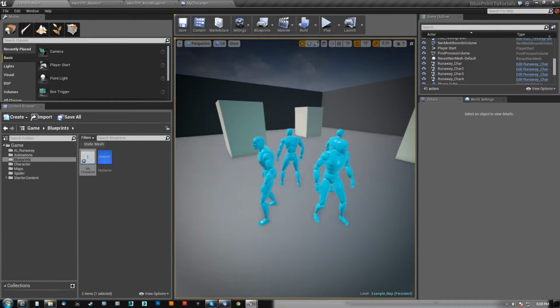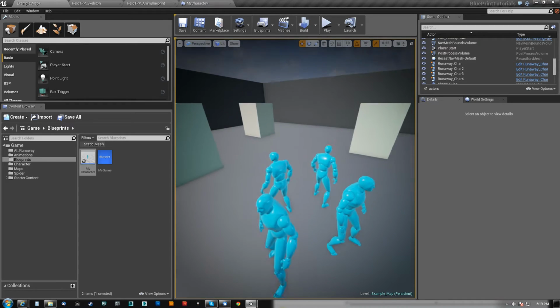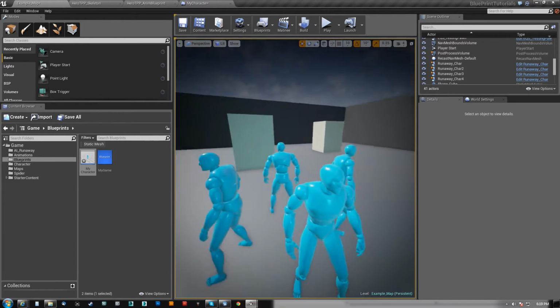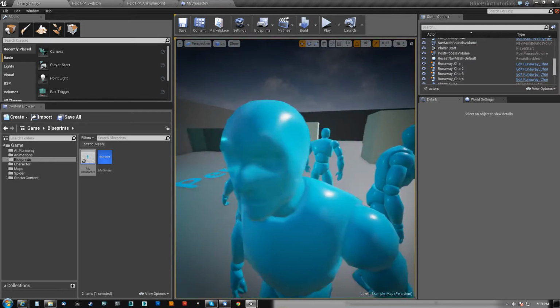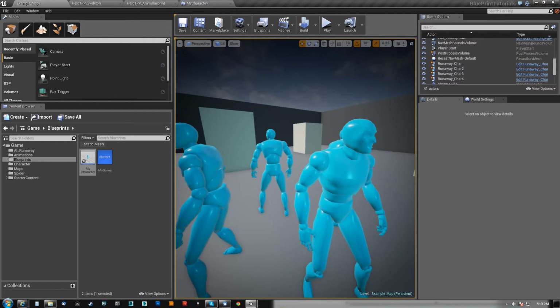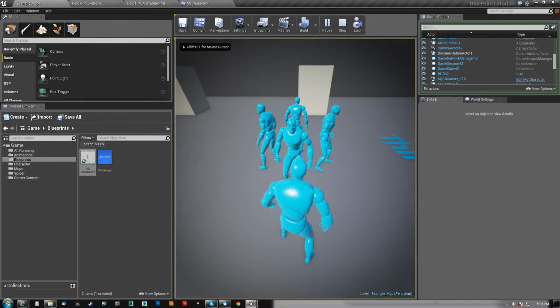What's going on, guys? Hit pause here with another Unreal Engine 4 tutorial, and in this tutorial what we're going to cover is how to get some AI characters to look at you, basically turn their heads to follow you within a certain range. So if I demo this here, you can see that I got this guy,